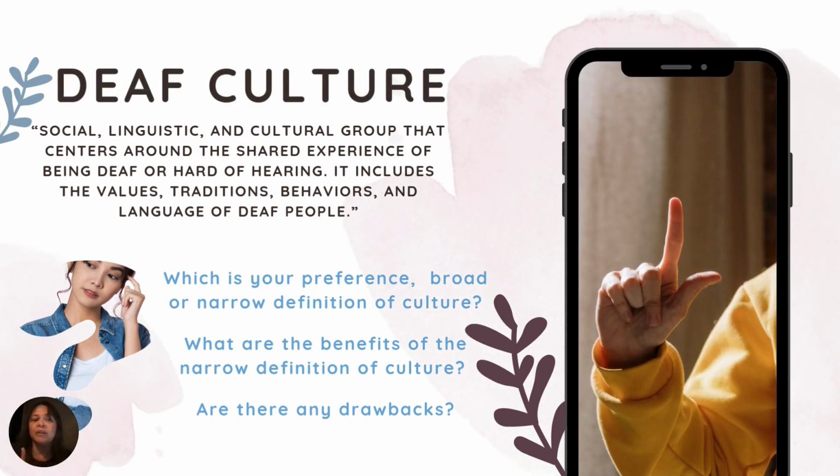And this is another example of a very narrow definition of culture. We have a community of deaf culture. Deaf culture is a social, linguistic, and cultural group that centers around the shared experiences of being deaf or hard of hearing. Now, people in deaf culture really take on a very narrow perspective of culture because some believe that they should not be using American Sign Language, because by using ASL to communicate, you're attempting to follow the expected norms in our general society, which means people who are deaf and hard of hearing are adapting themselves to fit the normative patterns